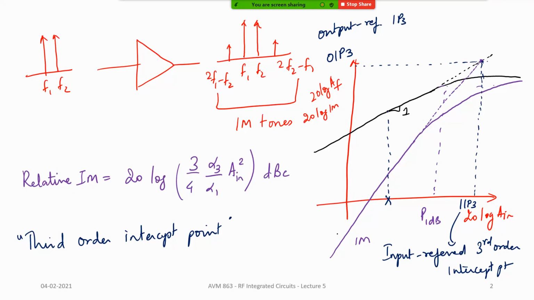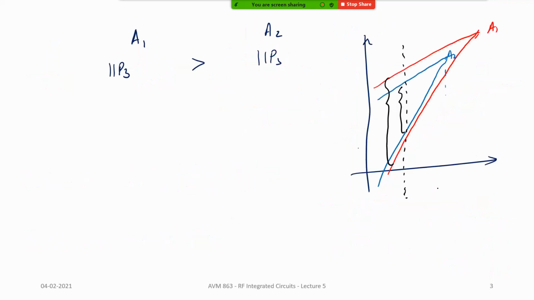But thankfully, most of the simulators that we use today have settings and tools which will directly run these simulations, compute the IP3 points and give them to you. You don't have to sit and draw a line and extrapolate them. The software will do it for you, whether you are using ADS or AWR or even Cadence. Now let us try to look at these components.